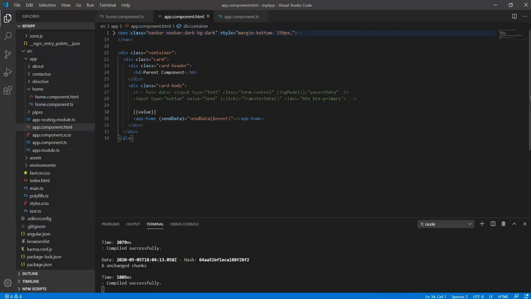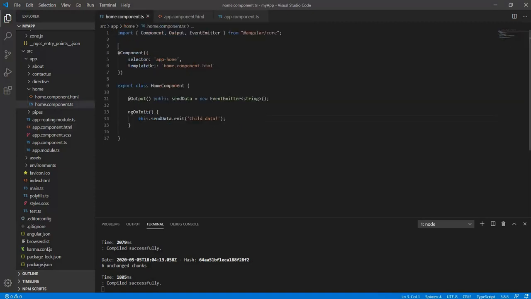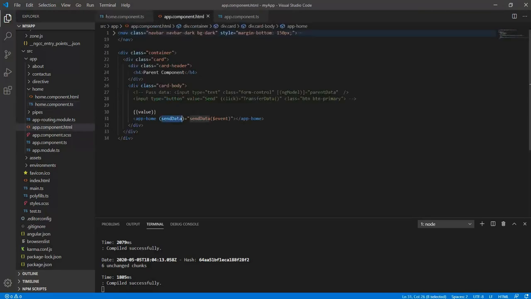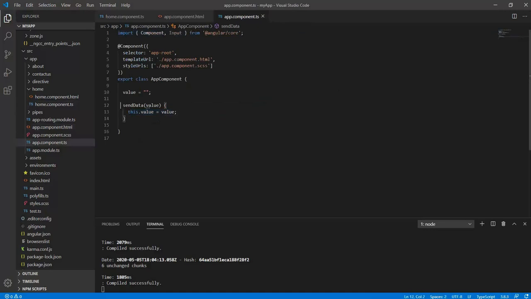Second step, create the same property name which we declared in the child component as sendData, and use the $event which will take the value from the child component. And third step, you can use that value in your method, and use that value in your parent component also.